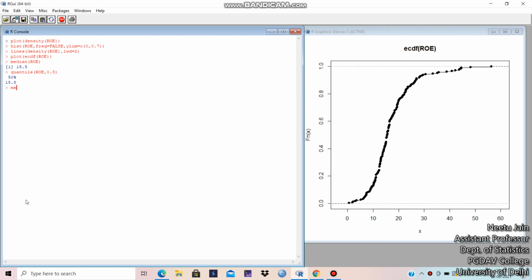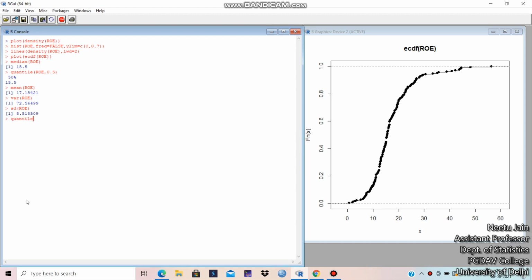We can also compute various statistics, such as the mean of the variable. I computed the median. Similarly, you can compute the variance and the standard deviation. You can compute many things. Other quantiles also you can compute.